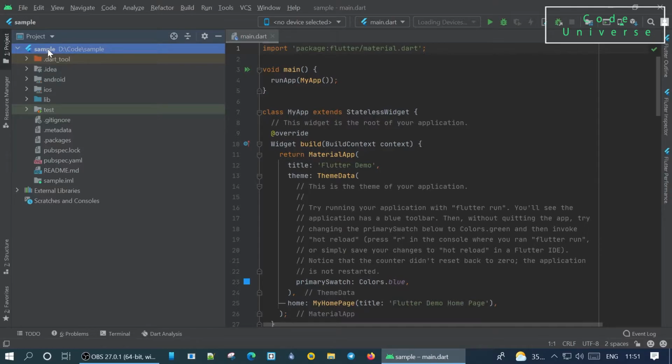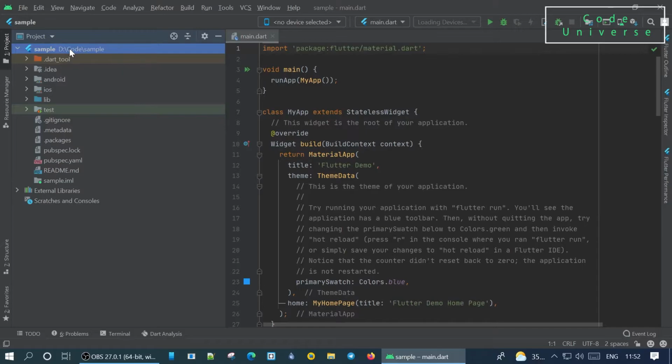So on your left hand side you can see your project being created, right? So under sample, this is where our main package is. So it's stored under the code and sample. And now I'll explain to you what are the list of files. The .idea package contains project configuration settings like the SDK, Flutter plugins, project workspace and many more. All the configuration files will be stored in XML file forms. Generally, you will never need to approach this package.